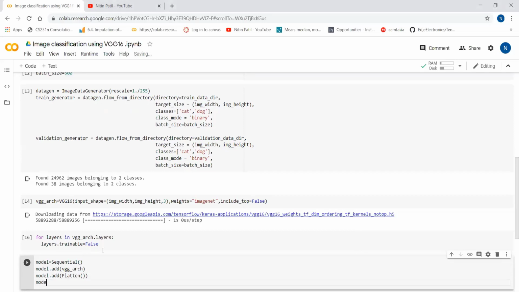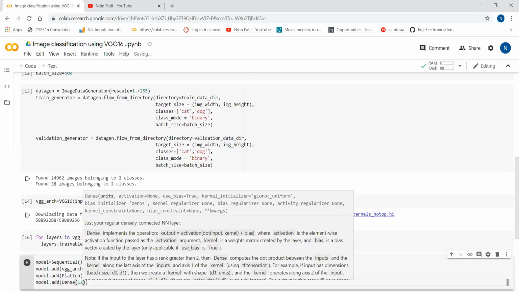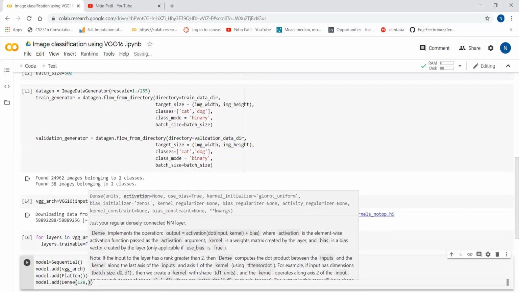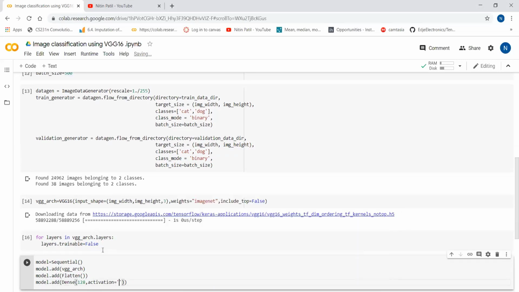So I will say model dot add dense layer. The parameter for the dense layer is how many units you want. Then the activation function we will say ReLU.